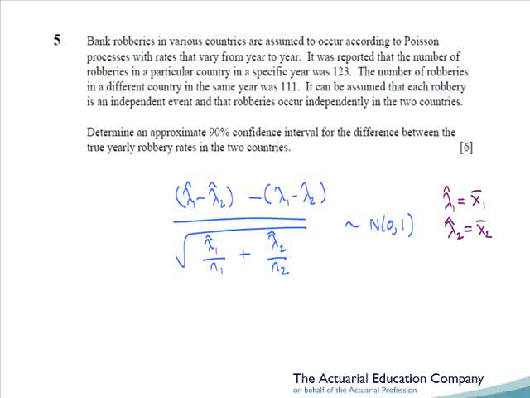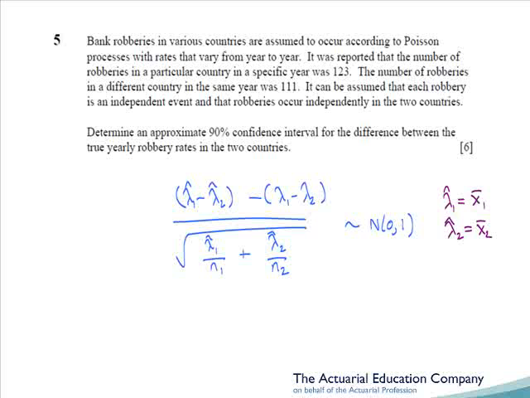However, the problem here is what is n1 and n2, and so how can we work out the mean x1 bar and x2 bar? Well, the confusion stems from the fact that we only have 1 year's worth of data from each of the 2 countries. So in fact n1 and n2 are both 1,